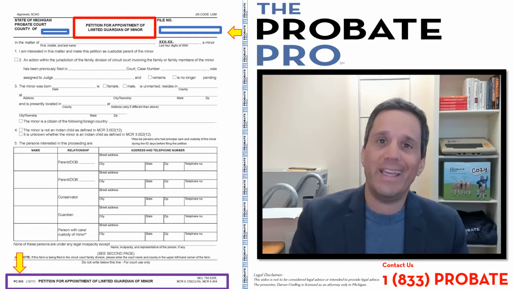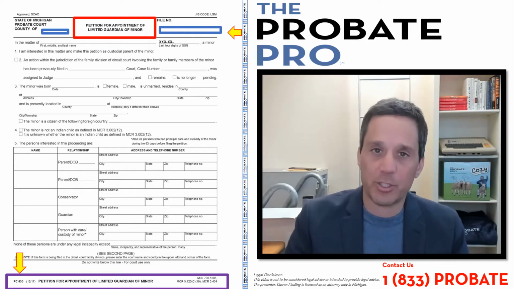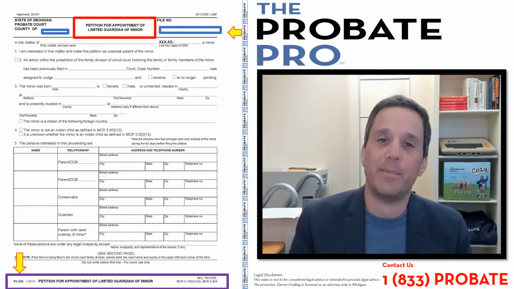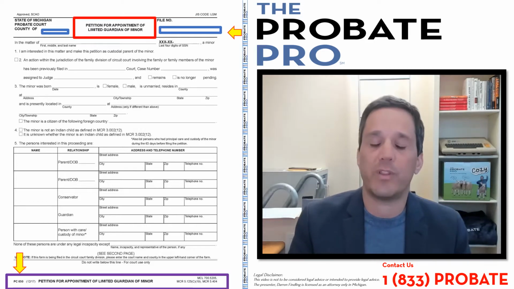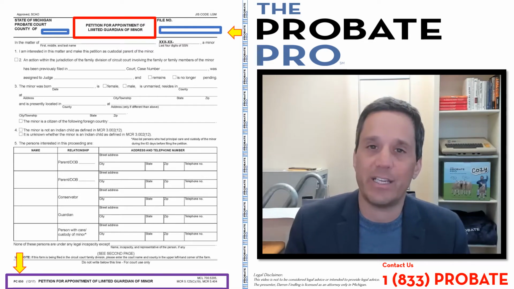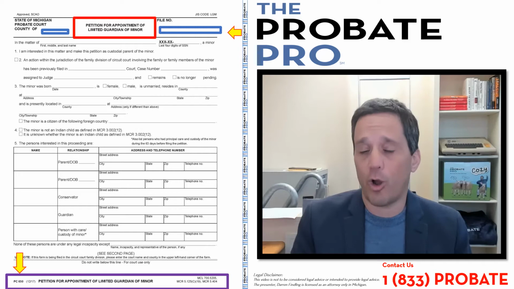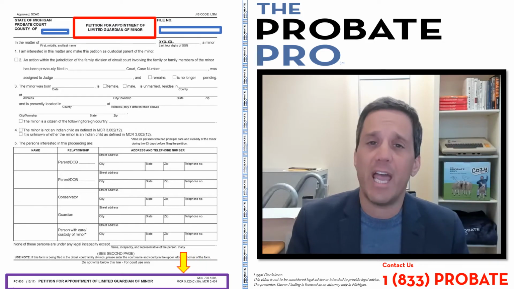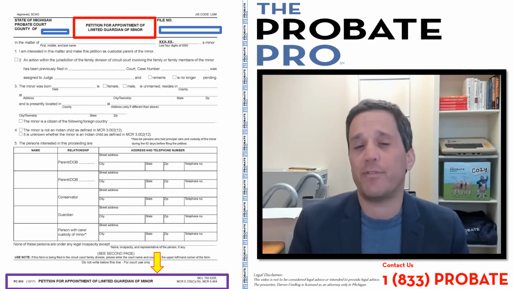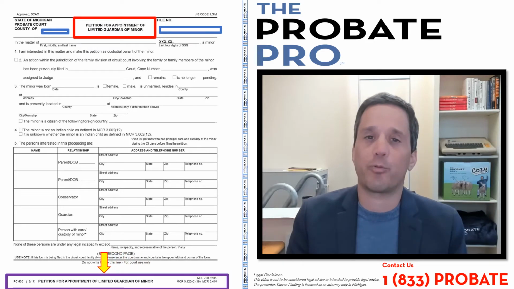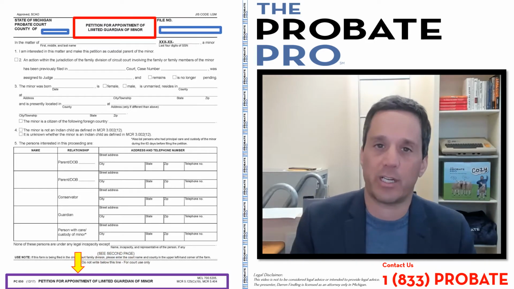This form is used when a custodial parent is desirous of having a limited guardianship put in place within the probate court proceedings. As with all of these State Court Administrative Office forms, these pre-approved forms are created by various statutes and court rules. And as you can see here, MCL 700.5205, as well as the court rules reflected there, give rise to the creation of this particular SCAO